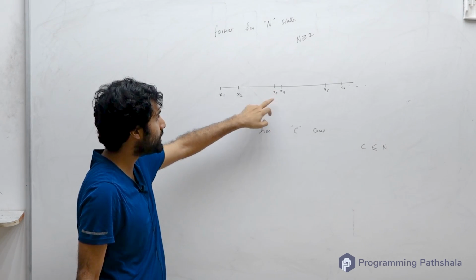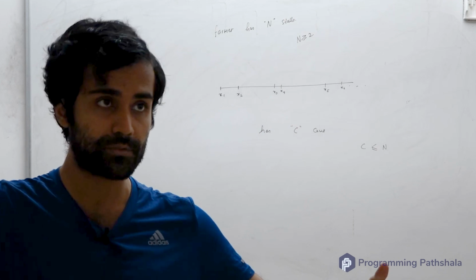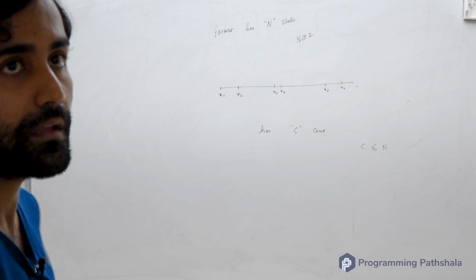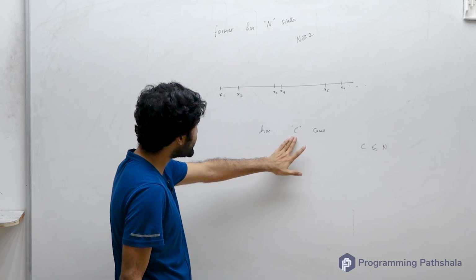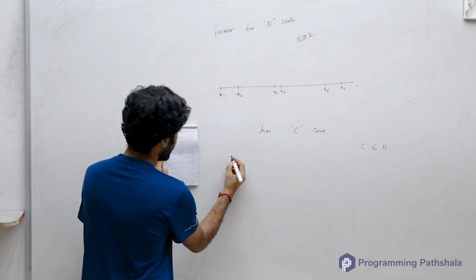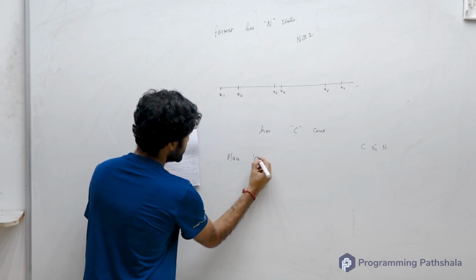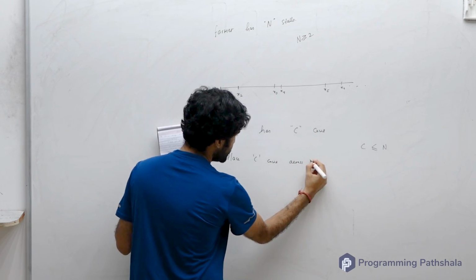There is a one-on-one relationship between stall and cow. You cannot have one cow in two stalls or two cows in one stall. So what you have to do is place C cows across these n stalls